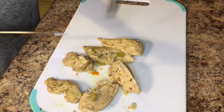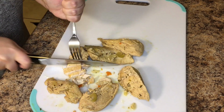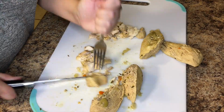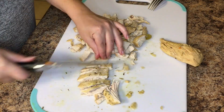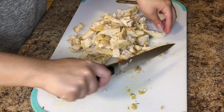Set that to the side, and now I've pulled out my chicken because it is done cooking. You don't want it to overcook, and so you can shred this or you can cut this up. It's whatever you would like. I wanted chunks of chicken in my soup, so I just cut it up like this. Doesn't have to be perfect. And once that's done, you're going to set that to the side